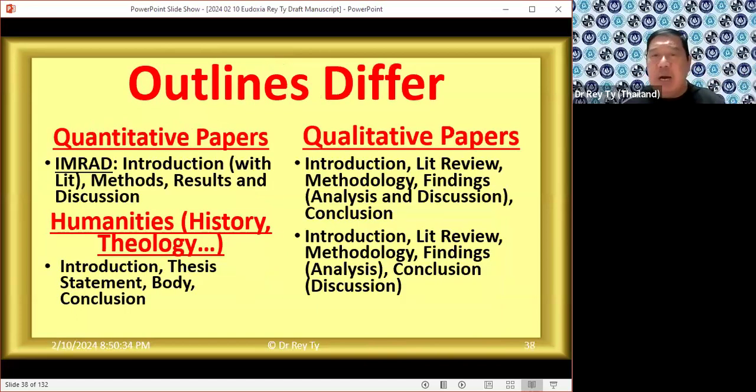And there are different types of outlines. In a quantitative paper, it's pretty easy. IMRAD: introduction with the latest literature, of the findings in one sentence. In quantitative, they don't look at authors or who are the famous authors. That's not what they do. They are looking at, for example, let's go back to the example of vaccines. They would say, well, we are conducting research to have a new vaccine on X disease. So they would say the most recent studies show that upon